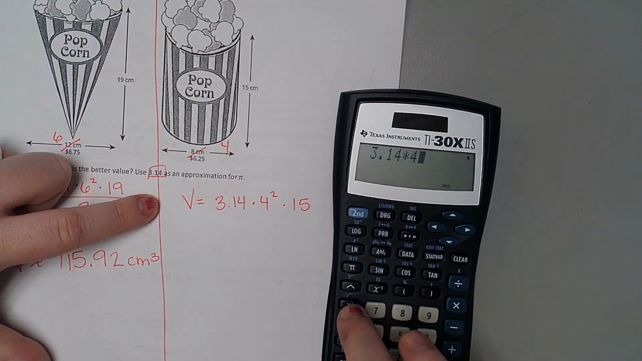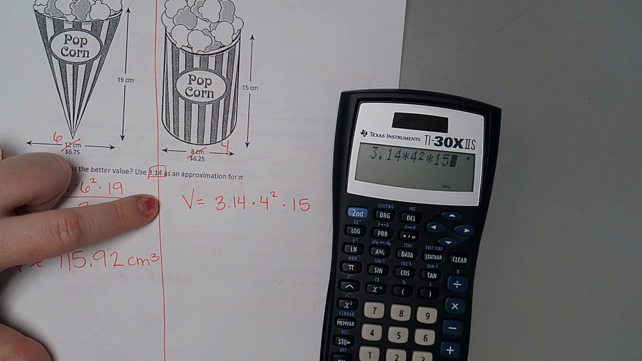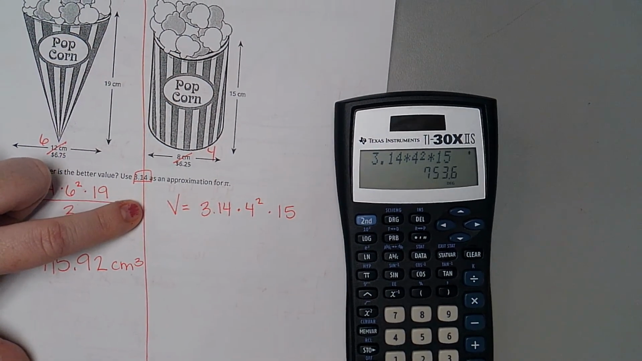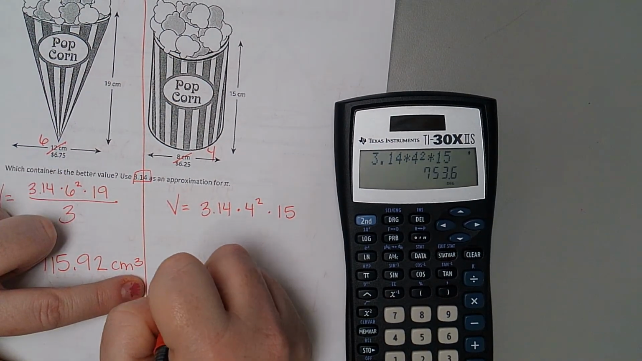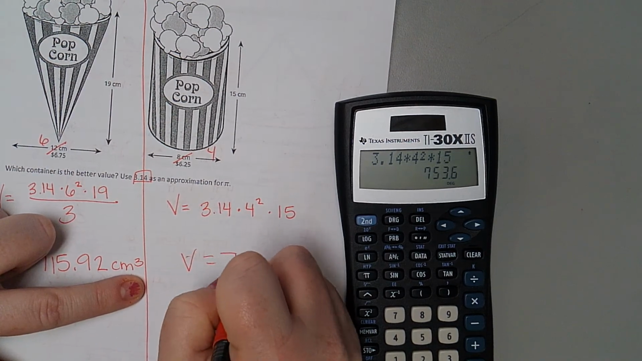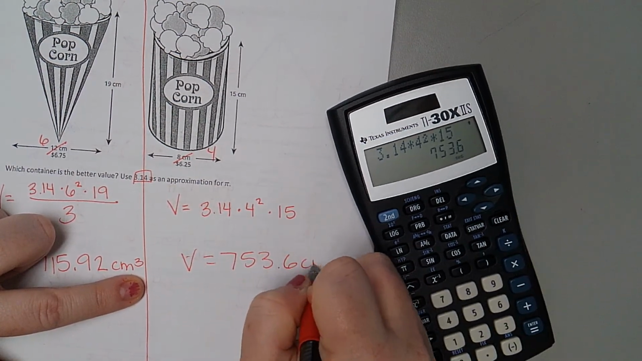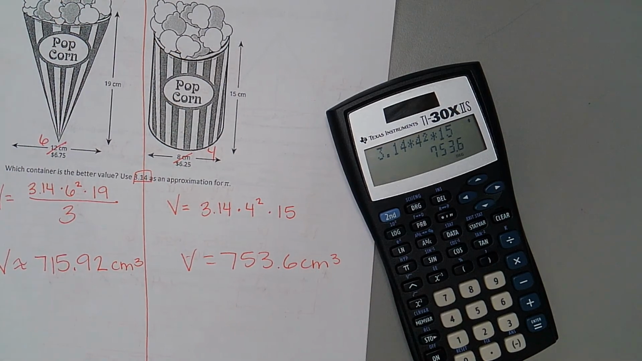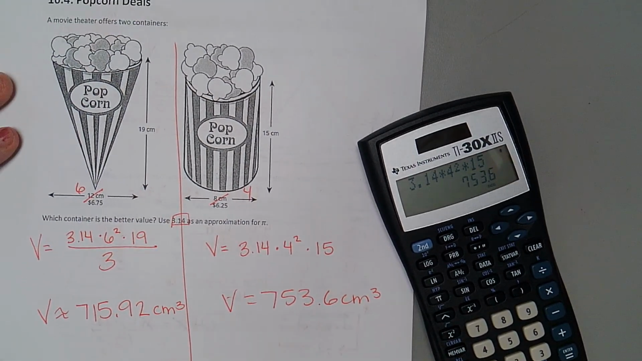3.14 times 4 squared times 15. We get volume equals 753.6 centimeters cubed. So the better deal,